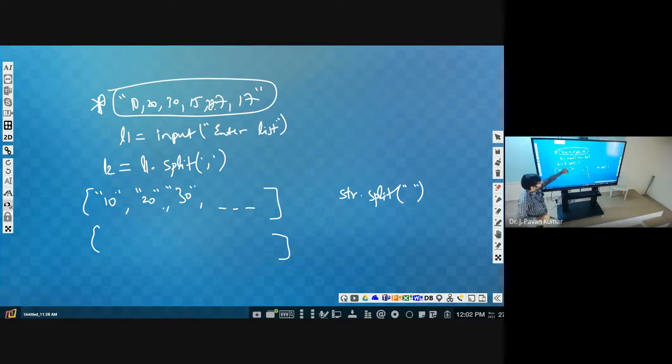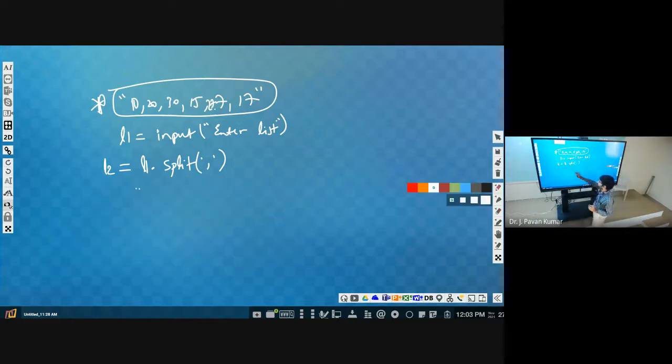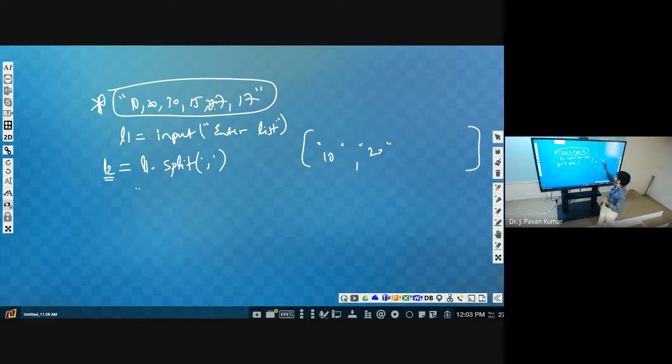Next, that L1 we are splitting by giving the delimiter as comma. Then we will be getting a list of strings. Again, that list of strings we need to access one by one, and we have to convert as integer. So how can we do that? In L2 now we will not consider L1. Why? Because we have already split. Now our input is L2. L2 is having strings, like this we are having 10, 20 in the list. This is L2.